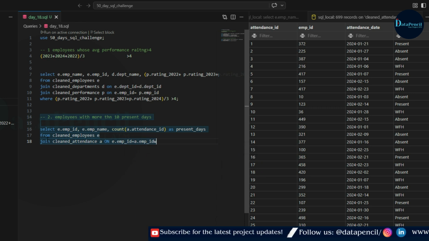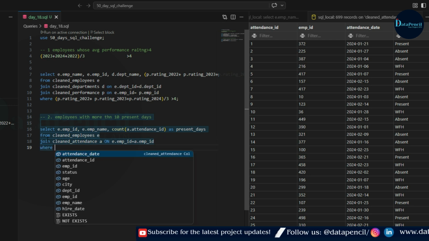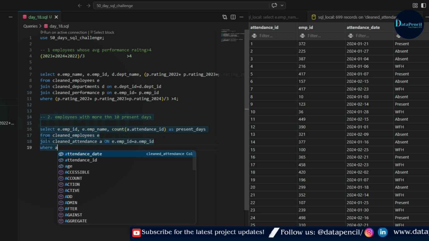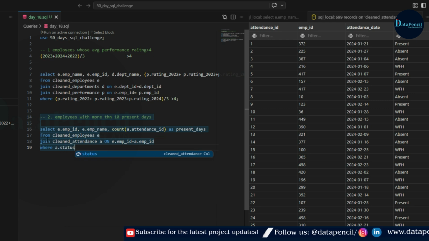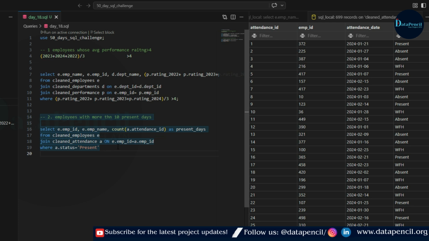Okay, now here we will apply a condition. So it is where, firstly select those rows only where the status column in the attendance table is showing present. Apply this count function on only those rows where status is showing present.